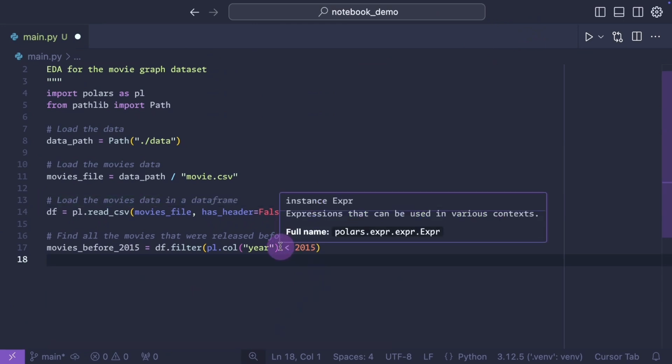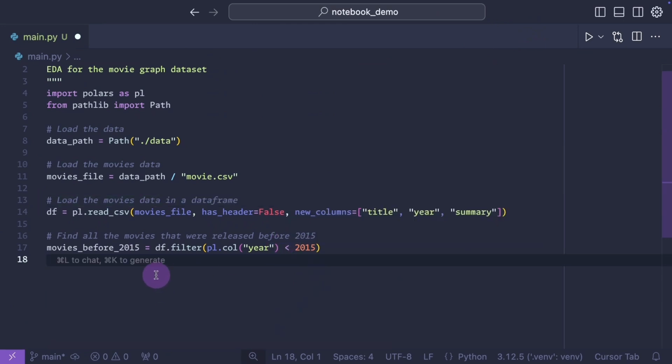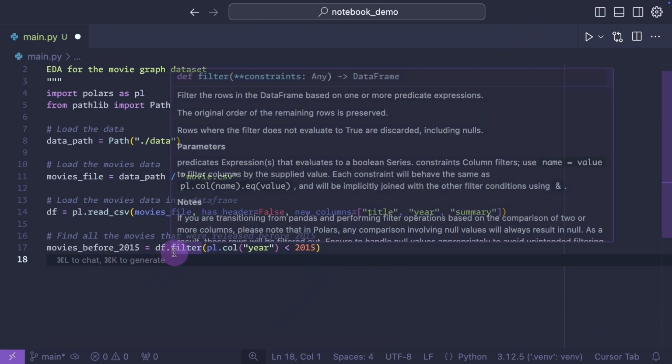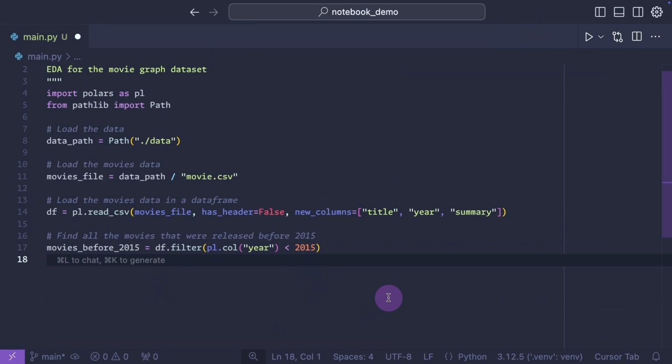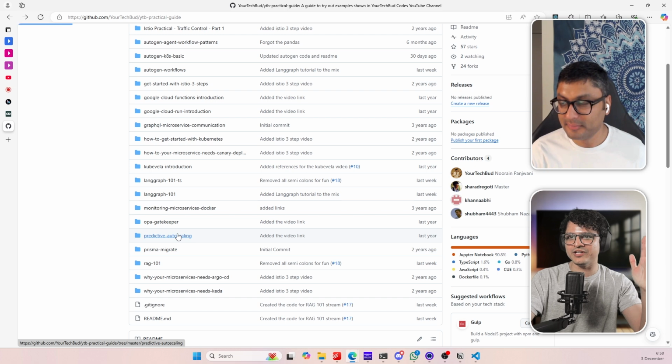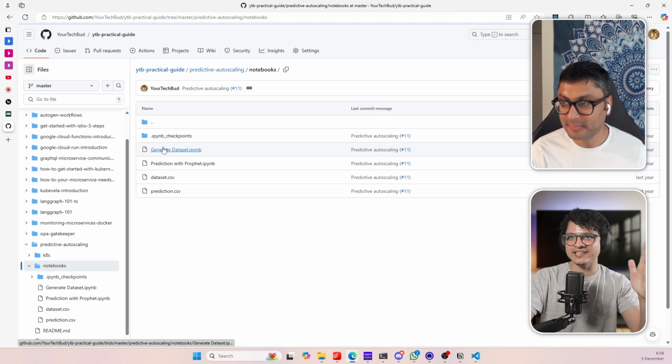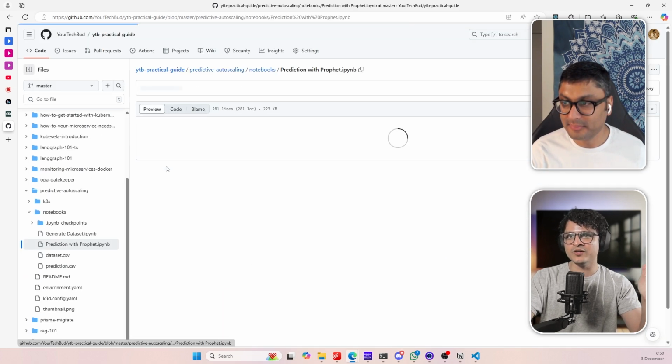One thing cool about Jupyter Notebooks, which I have to give it to it, is when I was creating some YouTube videos on some of the AI stuff, Jupyter Notebooks really gives me a good way to commit the results of every step, like the answers in the notebook itself, and then commit it. So GitHub will render the answers in the notebook without anybody having to clone and run it themselves. I remember I made a video on predictive autoscaling, and then I had notebooks. And now if I open a notebook with GitHub,